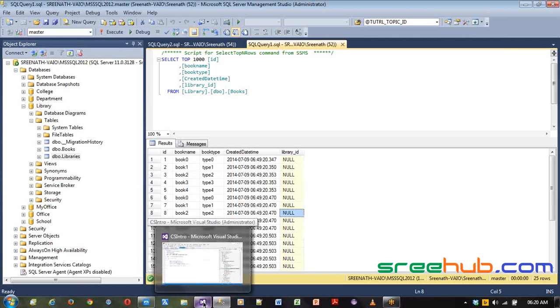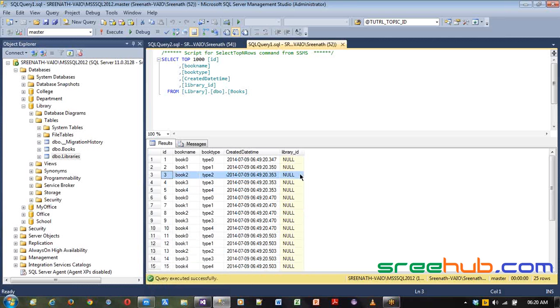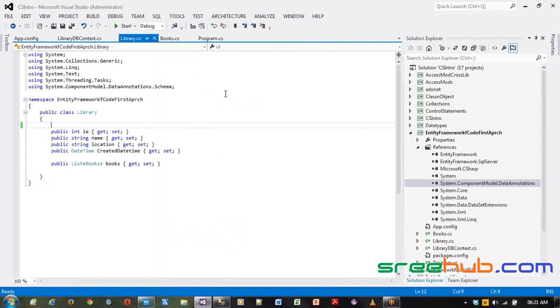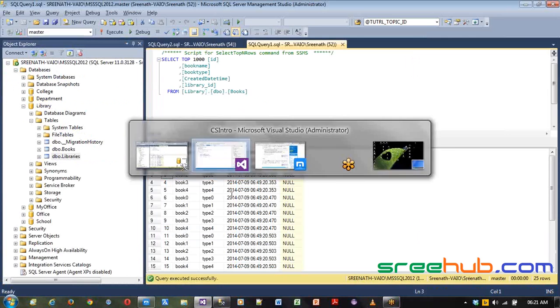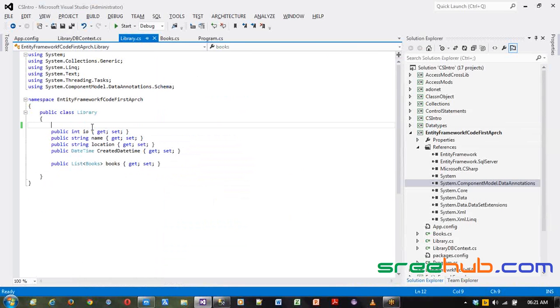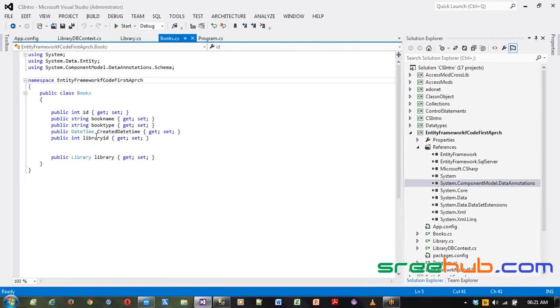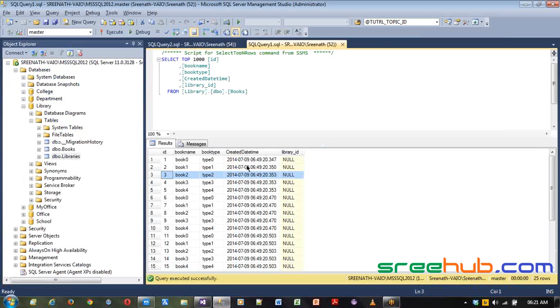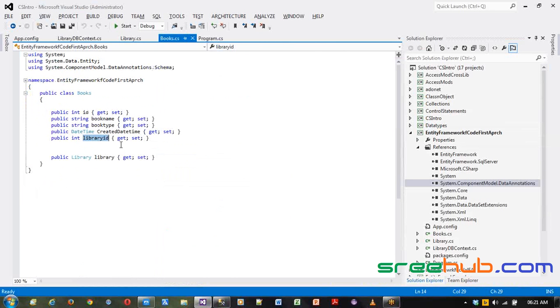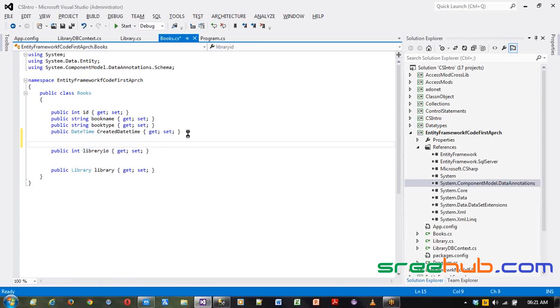As it is code first, you have to make sure that you are populating the library ID to actually make the foreign key reference to your table, right? Now let's do one thing here. That's the reason why we created something called library ID yesterday, and this library ID was the one which actually got created. Now what we are going to do here is